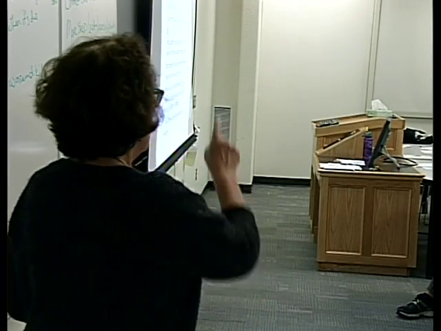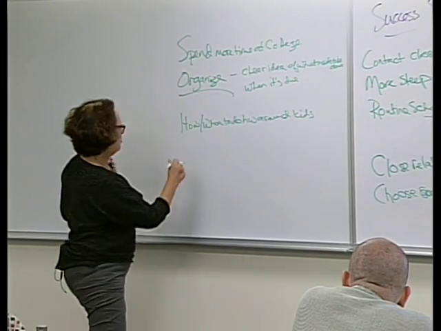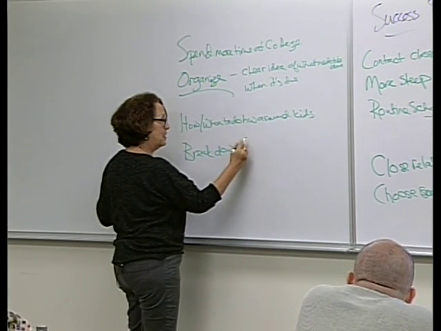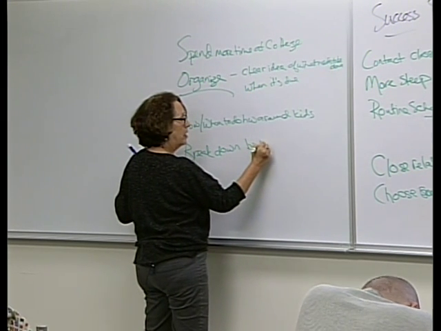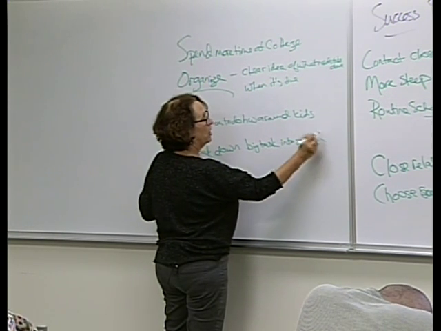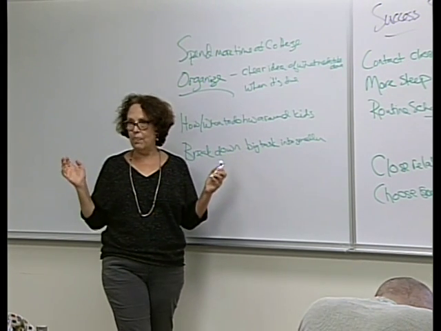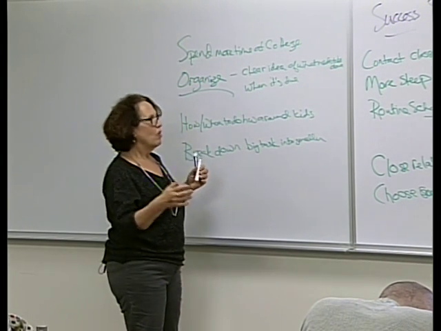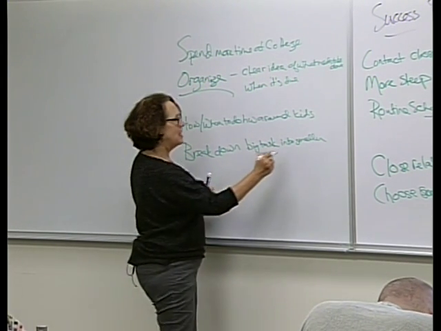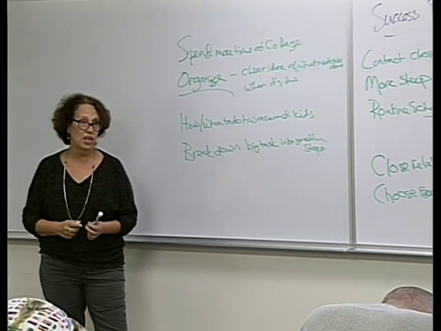What other things? There's one thing that I haven't heard that I'm not going to let us go till we say that. I break down what I have to do. Break down into tasks, yeah, or break down the big job into smaller pieces. That's really important. Because then that's what really helps you get more organized and really think about, instead of write a paper, write my paper by November 1st. It's really getting it down into those little steps. It's also very satisfying to check those little steps off and to realize how much you are doing towards something.